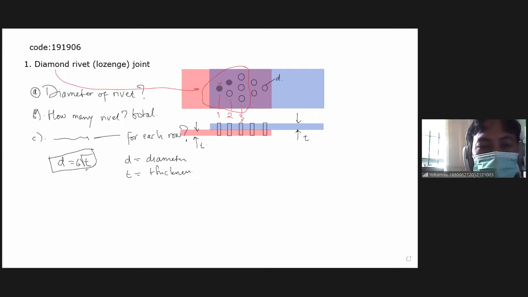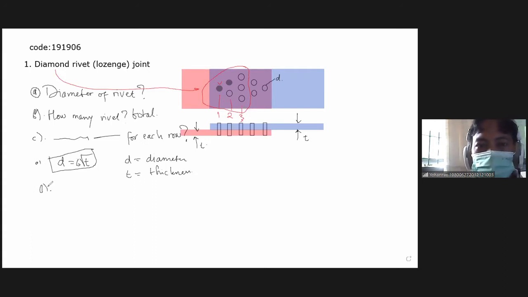So how did we get this formula? It is from the standard, so just follow the standard. They already did many experiments to define this formula. Okay, so the next question is